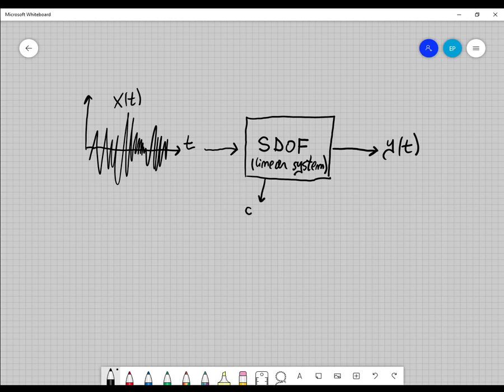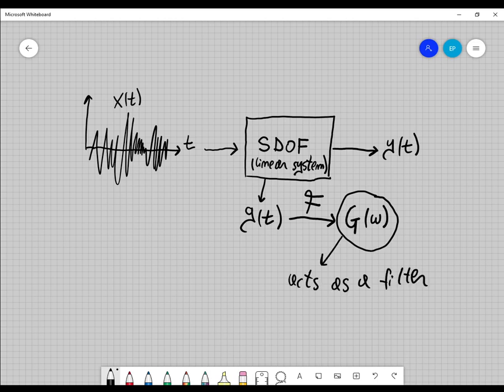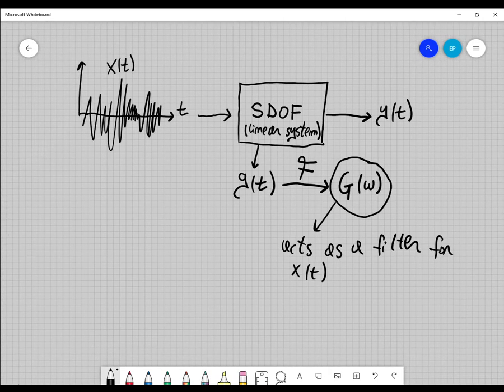So the system has a function which can be expressed in the time domain, or if we take the Fourier transform, we get some capital G, let's say, of omega, which is just the Fourier transform of g of t. So we perform the Fourier transform in this step here. And this function here acts as a filter for the function x of t. So it means that, for example, if we take a look at the spectral domain, the function x of t